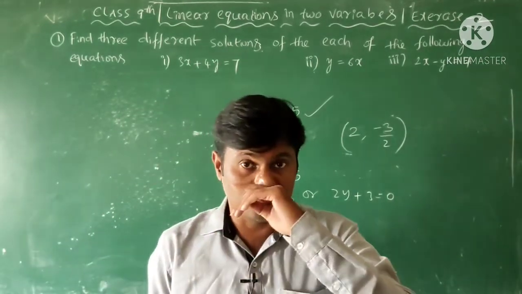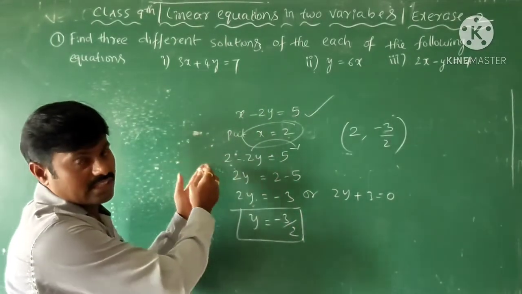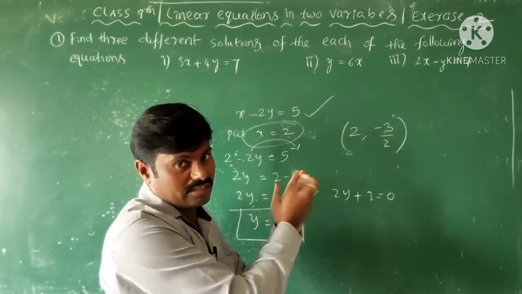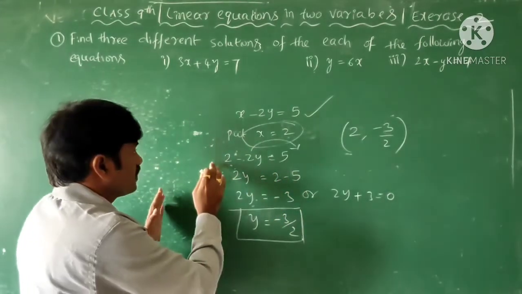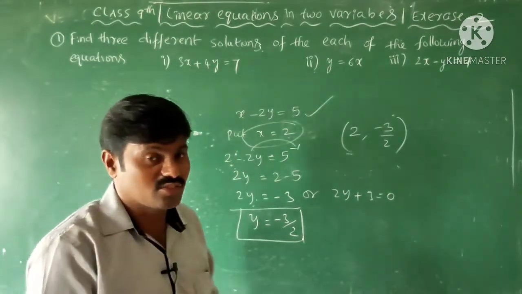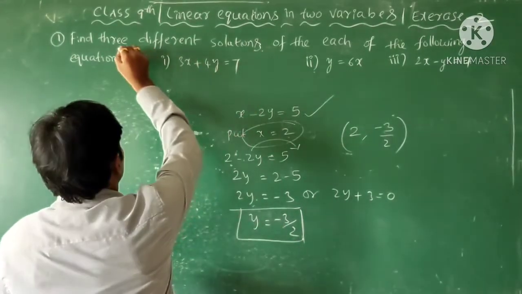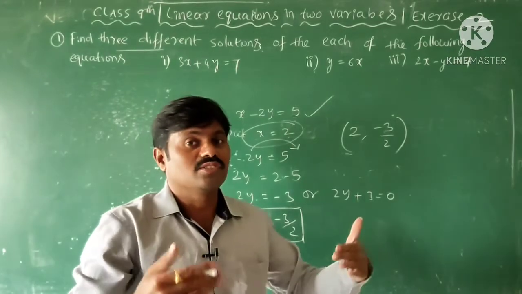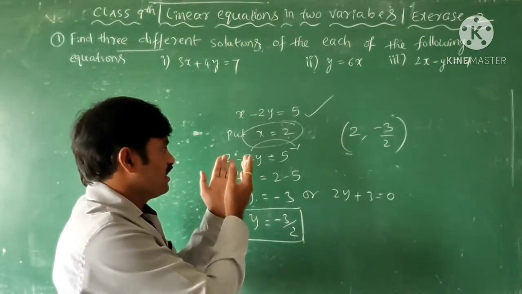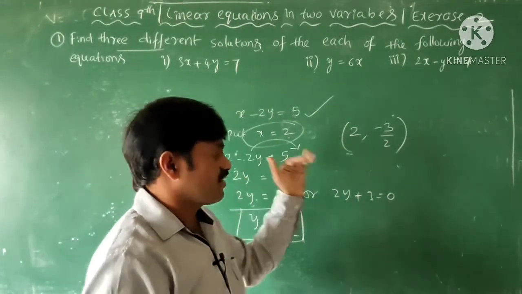Usually the general method to find the solutions of a linear equation in two variables is to put x value 0, then try to get the y value. So x value 0, and the corresponding value of y. Similarly, consider y is equal to 0 and find the corresponding value of x. Then in that case we will get two ordered pairs. They asked us here to find 3 different solutions, so you have to try to get one more solution by substituting a value of x as per our convenience. If you substitute any value of x, we will get the corresponding value.